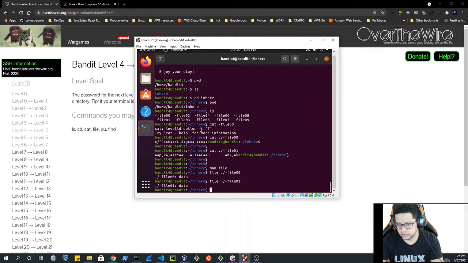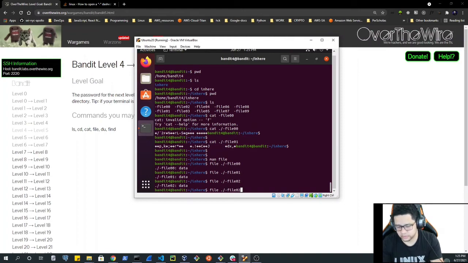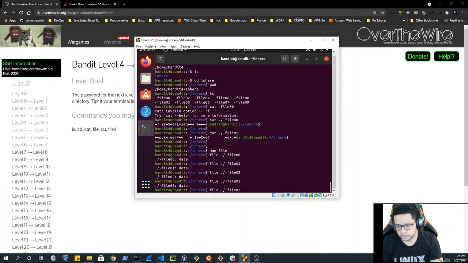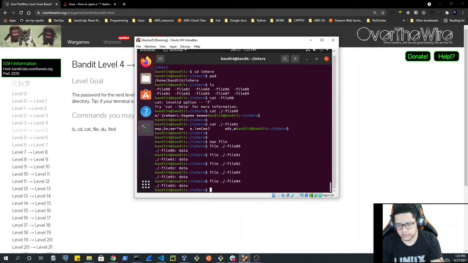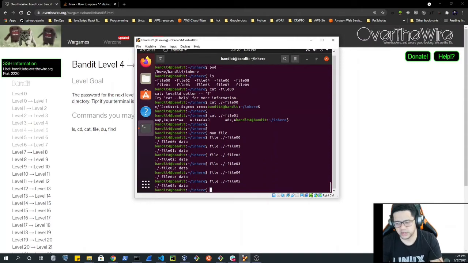file. So it contains some mumbo jumbo symbols here. So maybe this is not what we want. This type of file content is not what we want. Let's keep testing file 2. We get the same output. File 3, same output. 4, same output. 5, same output. We're kind of doing the same thing as catting each file, but we're learning how to use